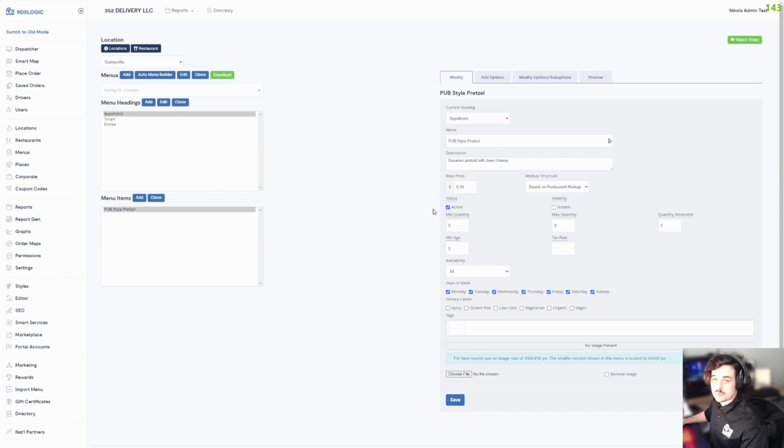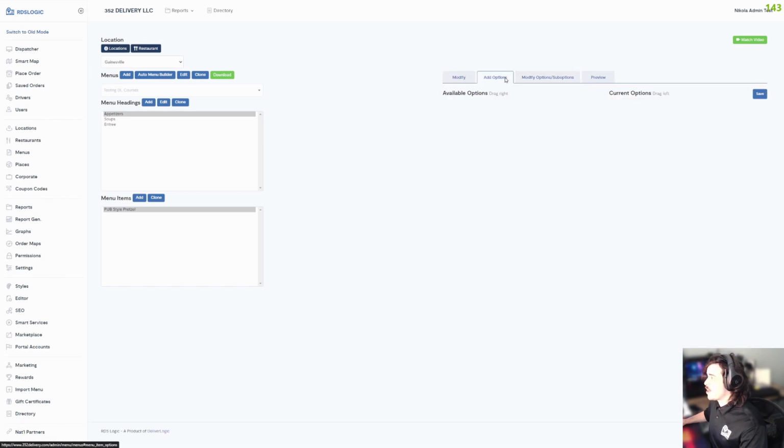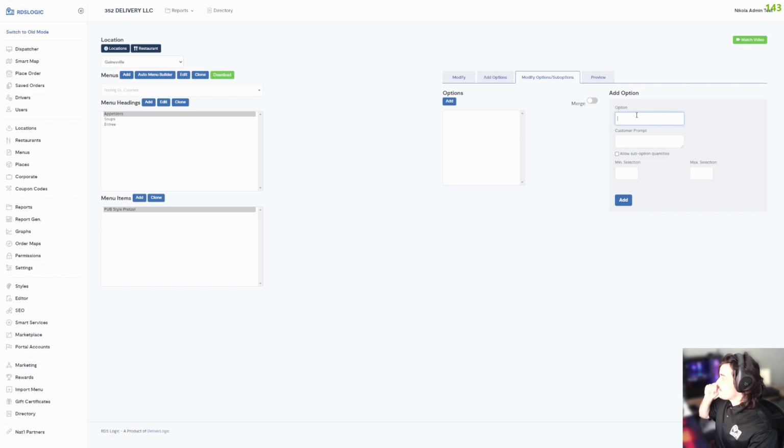Then we get pulled into this window on the right, and we're going to go to modify options and sub options, because under add options, this is where we add existing options into the item. Okay, so nothing is available here right now, and for a reason. So if you go to modify options and sub options, we're going to say add option, and we are going to say